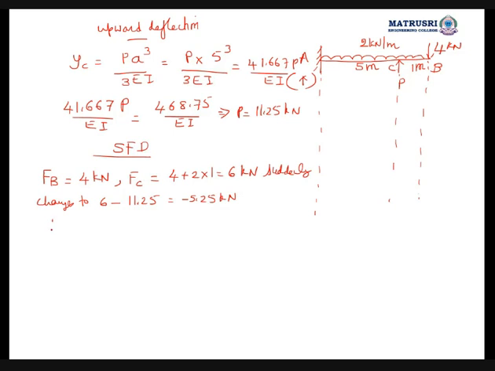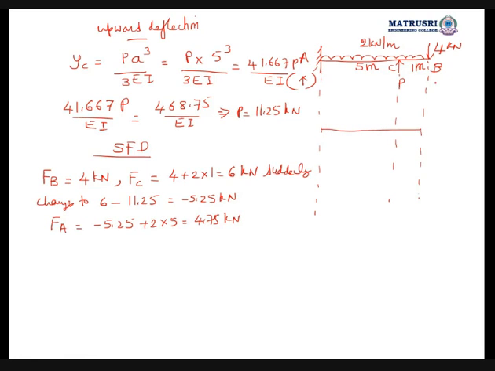Then we'll go for F of A. F of A, already minus 5.25 is there. Minus 5.25. This is 2 into 5 downward. So downward means positive. So plus 2 into 5, that will be 4.75 kilonewton. And if I draw the